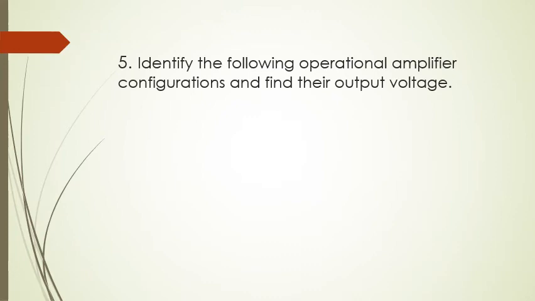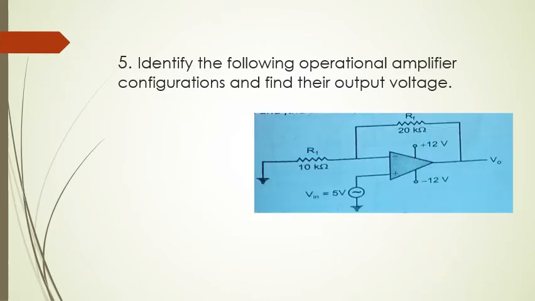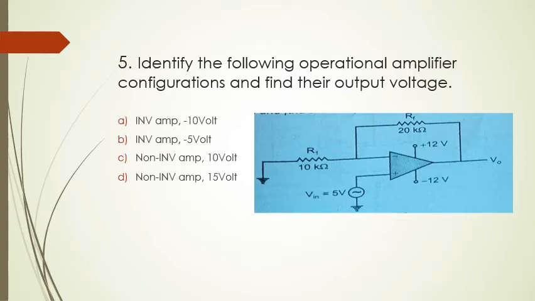Then the next question: identify the following operational amplifier configuration and find its output voltage. Again, one circuit is given, we have to identify. Again, this is the same circuit, and this is the non-inverting operational amplifier configuration. Again, we have to use the formula for its output voltage, which is V0 equals 1 plus Rf upon Rin into Vin. Put the values, and the answer, obviously if you identify the configuration, then you can easily understand